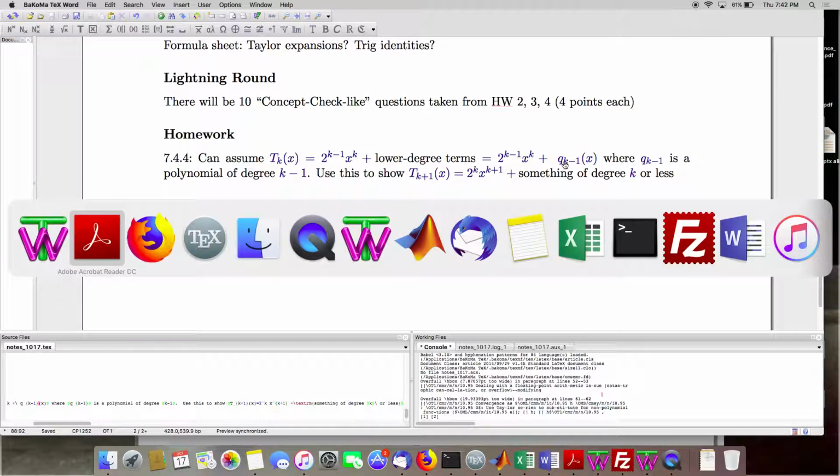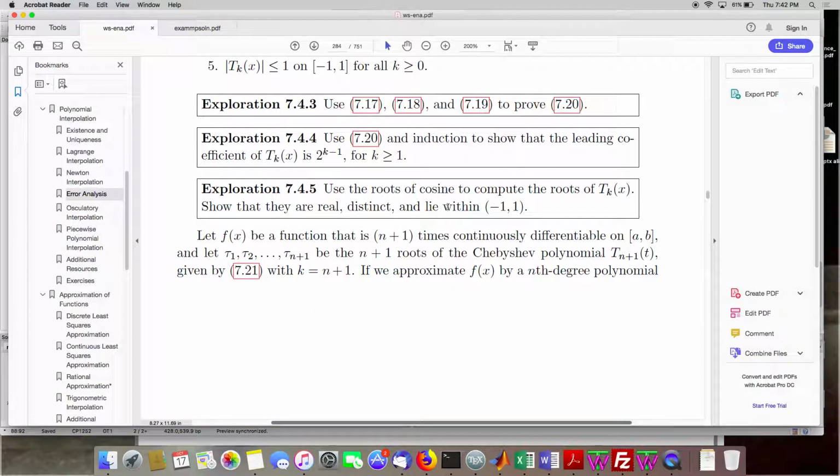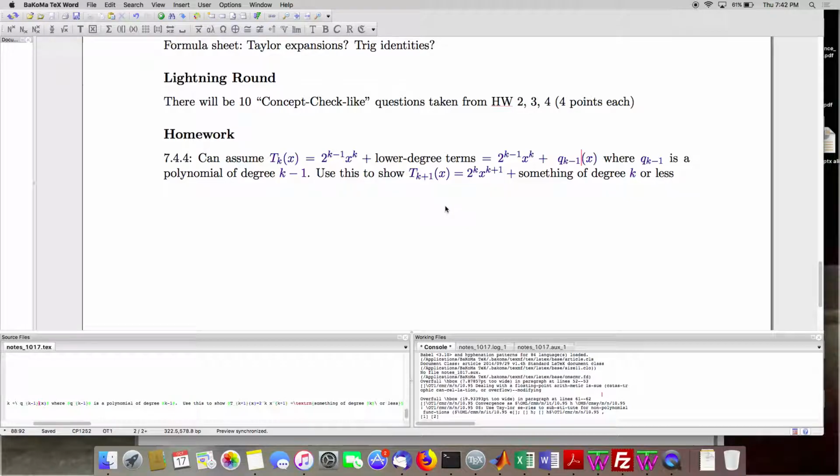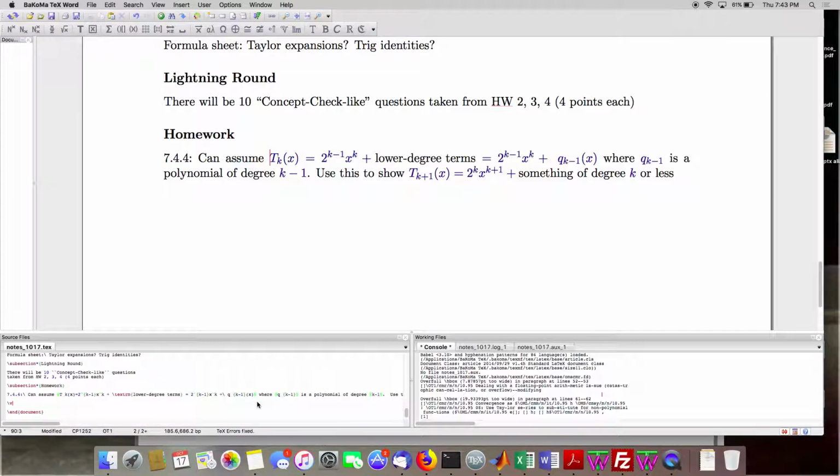Oh, okay, for this one. Yes, so the reason why that is important is... Hold on. Okay, so for 7.4.5, to show roots of T_k are distinct,